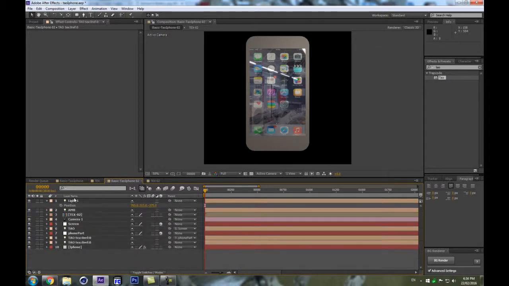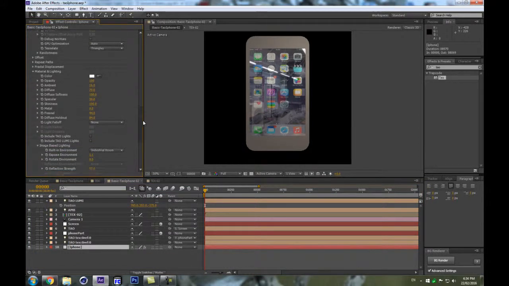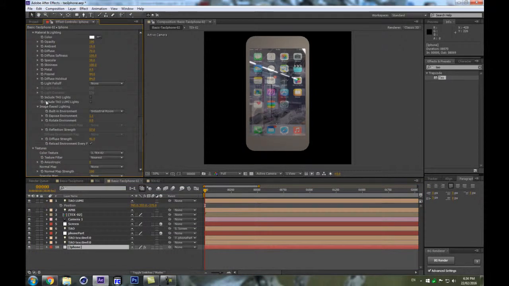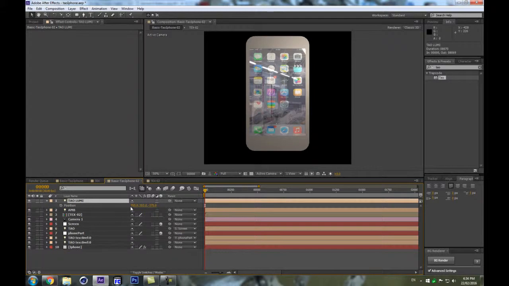So yeah, and let's try to call this light Tau Lumi, and let's see what we can get in terms of lighting if we activate this thing here, include Tau Lumi lights. So it's gonna allow us to use our radius here to kind of better get the type of result we want here. And let's try to make it a little bit of a side one here, a first light,